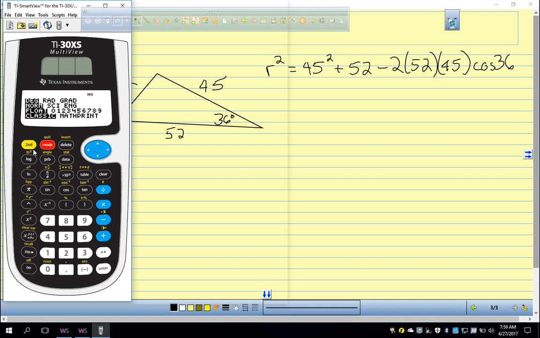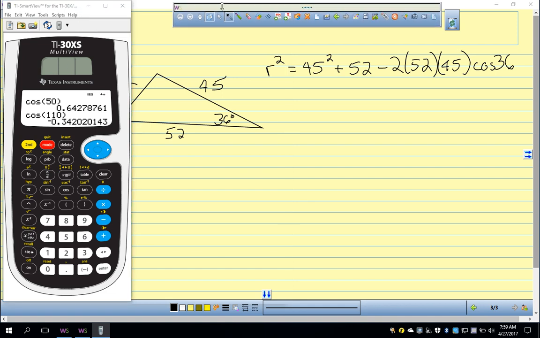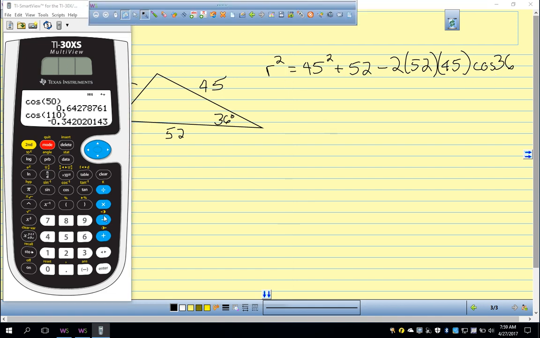All right, so I'm going to plug all this stuff into my calculator in one big chunk. Okay, so I'm going to go 45 squared. Where's squared? There it is. 45 squared. You have a squared button, most of you do. Plus 52 squared